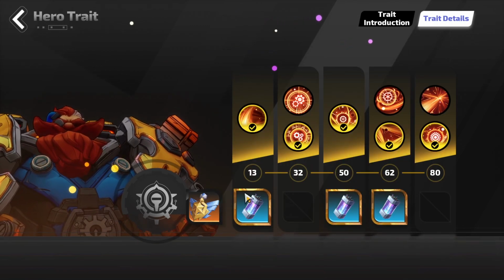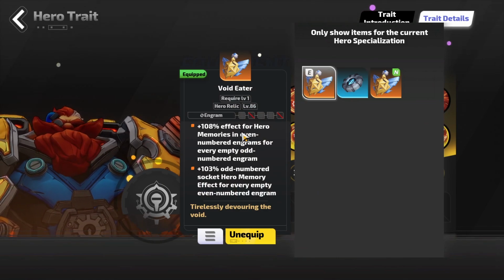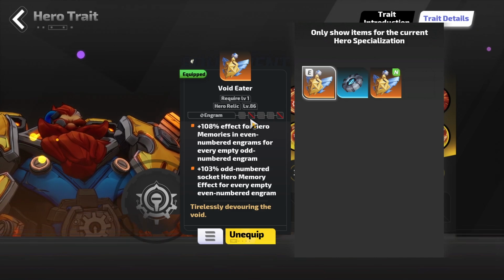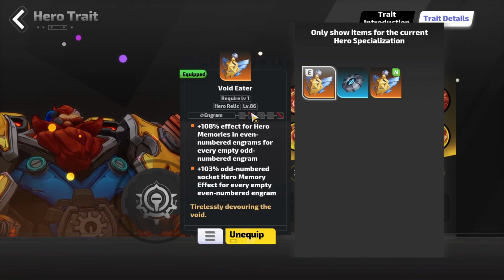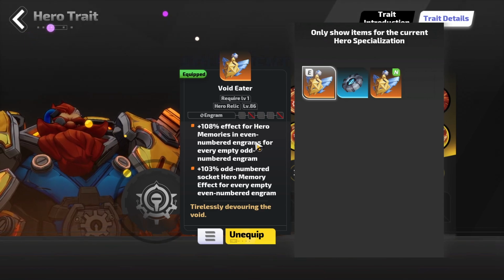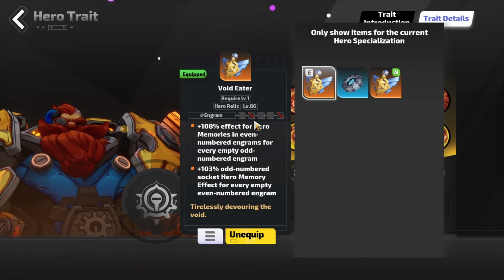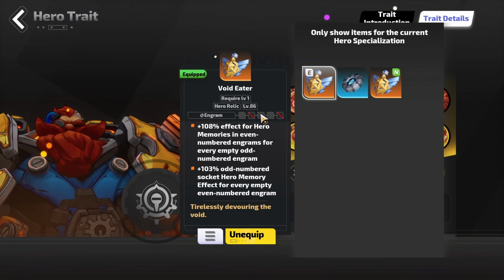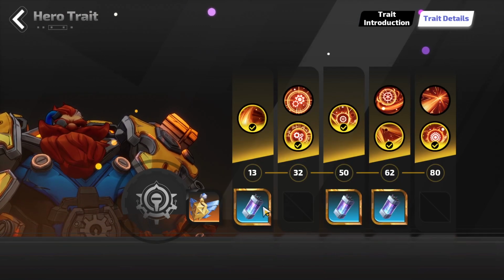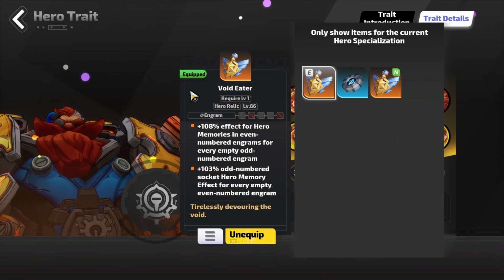But also the reason why I am moving so fast is because I am using this relic, which increases the effect of hero memories depending on which engram slots they are put in. So for every even empty slot, and yes, this locked one also counts. For every even, you get increased effect for the odd one, and for every odd one, you get increased effect for the even one. So I get a lot of increased effect for these relics, but this one is very expensive. This is actually my recent upgrade,